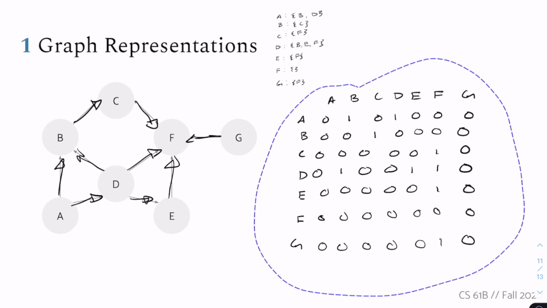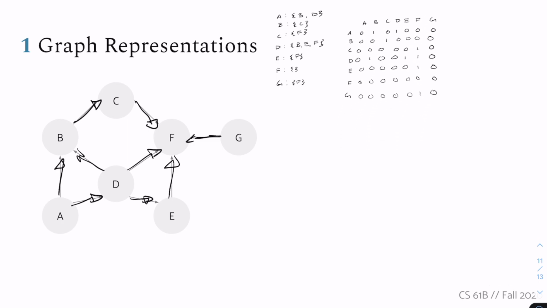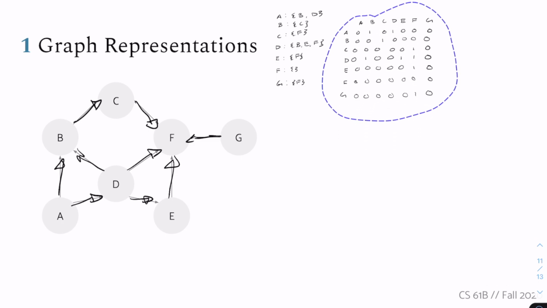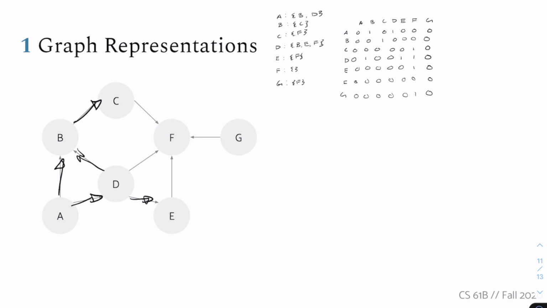This is a directed version. You can also do this for the undirected version. And so for undirected versions, obviously the matrix is always going to be symmetric, because a path from A to B is a path from B to A. So the adjacency list version, if this was an undirected graph, would be